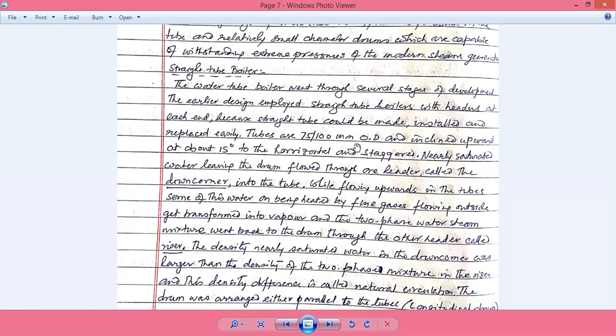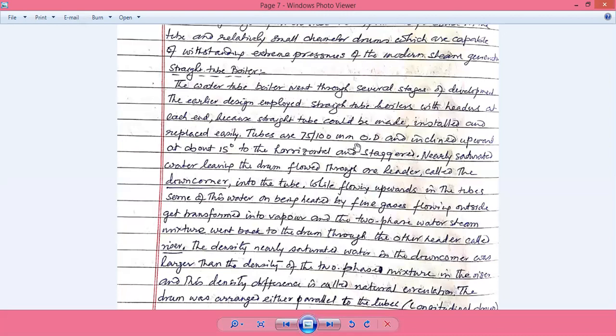Water that is nearly saturated means it is already heated, saturated with steam, and leaving but not totally converted into steam. It comes from the drum and flows through one header, called the downcomer. The header is the collector of this water, and this collector is the same for all the tubes. Tubes are connected between the collectors, and through the collectors, the water goes to the downcomer itself,